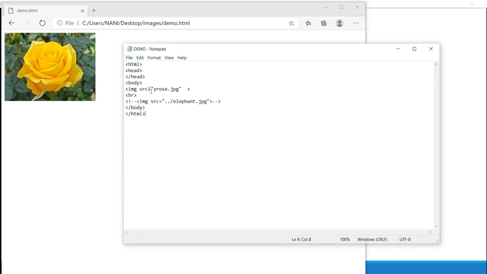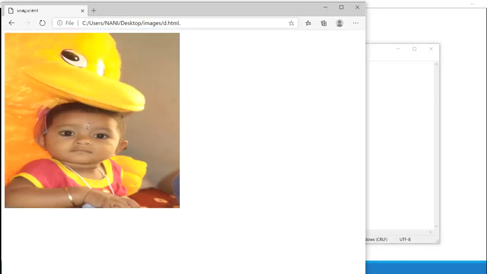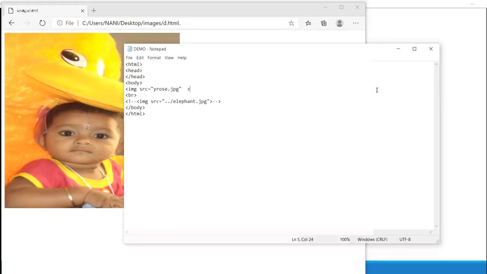In the previous example, if you observe, here we specify directly the program just name.jpg. This is another way to represent, or else I can provide the entire address. If you observe here, see users nani desktop images demo.html. If I change this as image.html, this is the image.